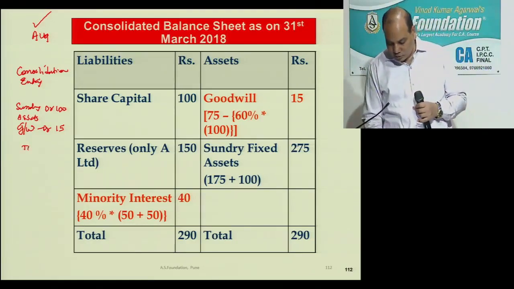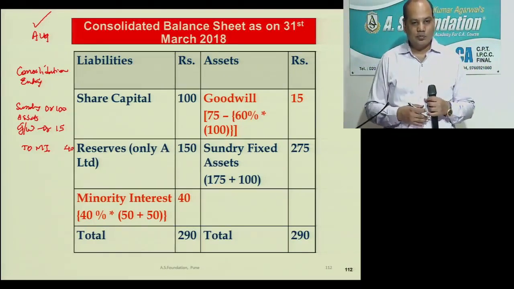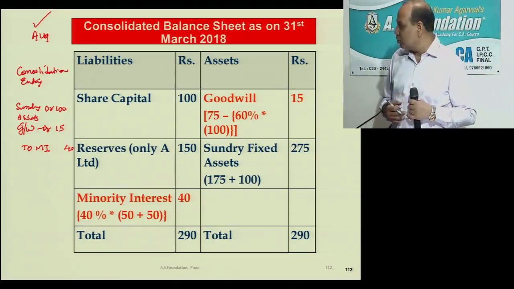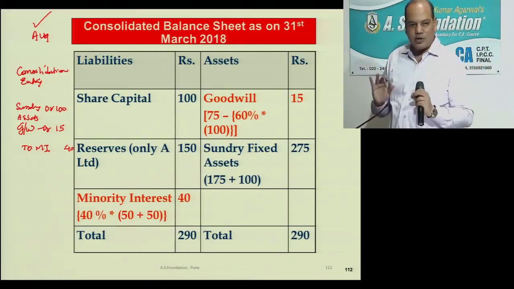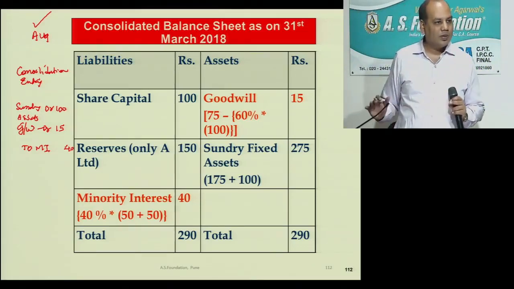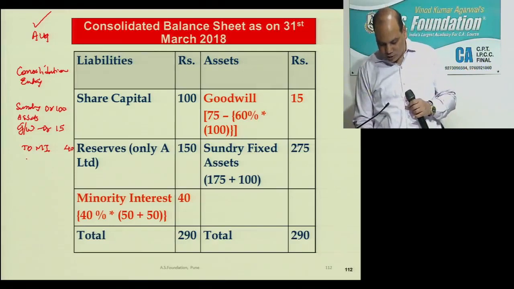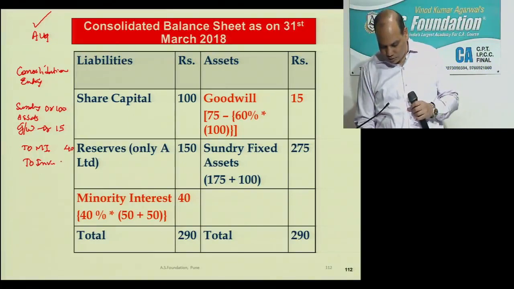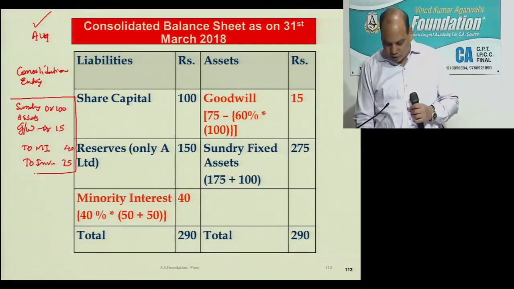Then I included minority interest also in my balance sheet. So what was minority interest? 40. Because their 40 asset I have put in my books. I recorded 100 rupees asset in my book, but actually 40 belongs to others. So I created that also. So effectively 60 has come now in my net asset, because 40 I am showing as an amount to minority interest. And then what I did, I cancelled the investment. I cancelled the investment, which is 75. This is the entry that we have passed.